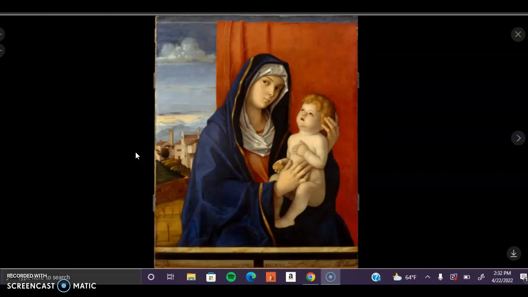The town behind the curtain contains buildings that are placed close together, which can be seen as a metaphor for community, which again is a big thing for some religions. Kind of like what the mother and child have as they're seen together. A lot of placement in this painting represents community.